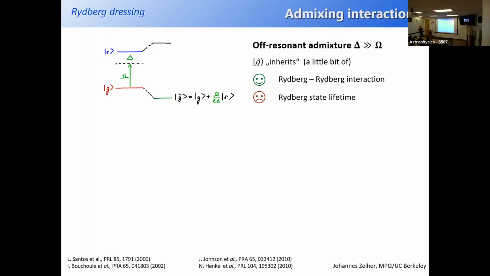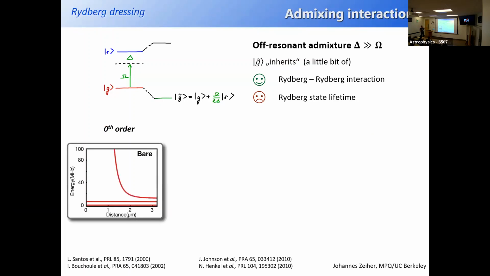What does this mean? There's actually a good way to see, from my point of view, that admixing these Rydberg states gives rise to interactions between the dressed ground states. And that's looking at the full energy of this off-resonantly coupled system for two atoms, including Rydberg interactions. So that's what I'm going to do. So here's an energy level scheme that again plots out the two atom state energies versus distance.